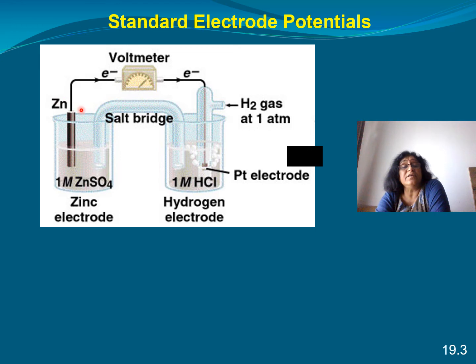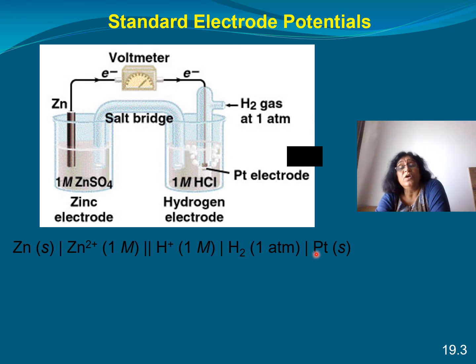So we have taken zinc sulfate and the hydrogen electrode, connected the hydrogen electrode and zinc to the voltmeter, and connected the two solutions, zinc sulfate and 1 M HCl, through a salt bridge. Okay, so what will happen at the zinc anode? Zinc is the anode, so the zinc ions are separated by the salt bridge from H+ and H2, and this is comma platinum. Platinum is the electrode here.